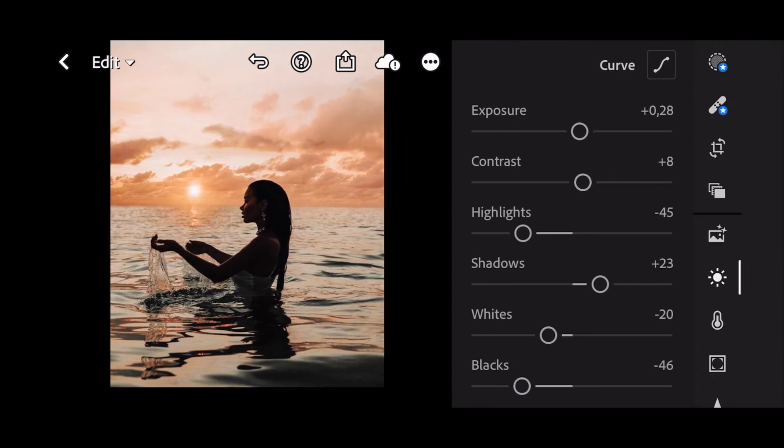And done. Next go to the color panel. Temp to +16.